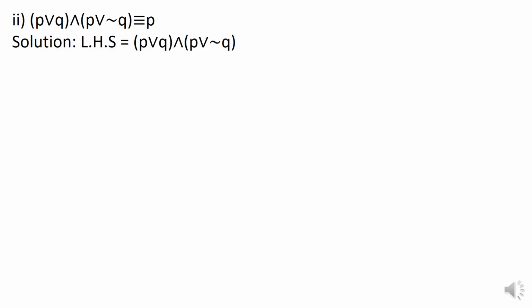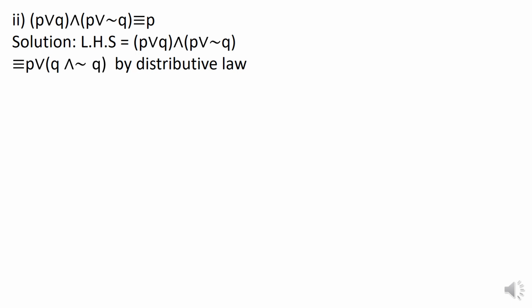Let me help you out with the next sum also. The sum is (P or Q) and (P or not Q) is the same as P. We have to prove it without using the truth table. So we take the LHS, (P or Q) and (P or not Q). What do we observe over here? We observe that P or is common to both the brackets. Thus, we make it common by distributive law. We write it common. So we write P or.